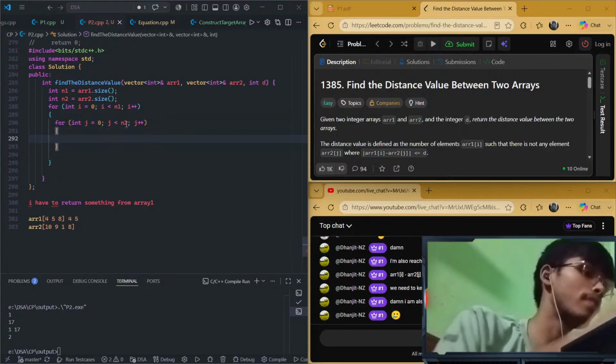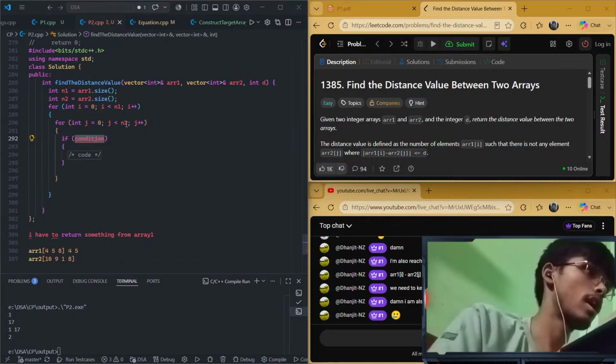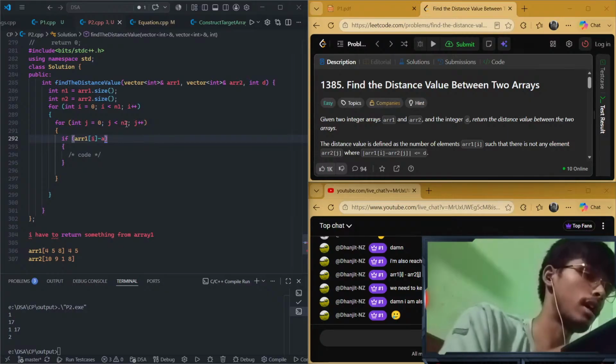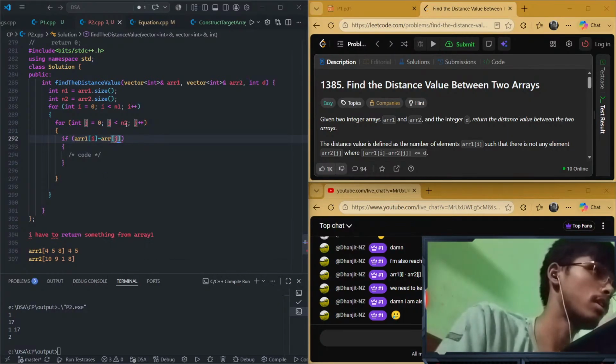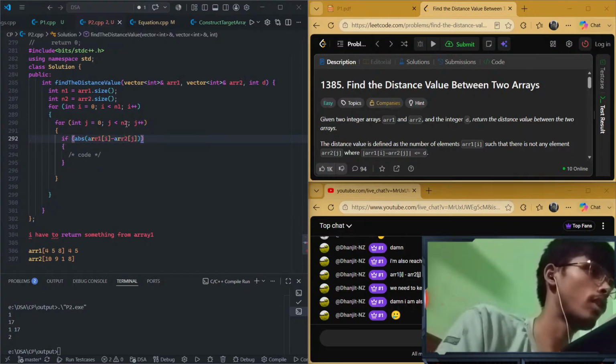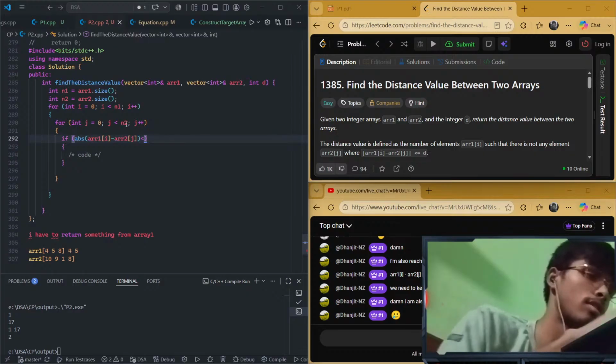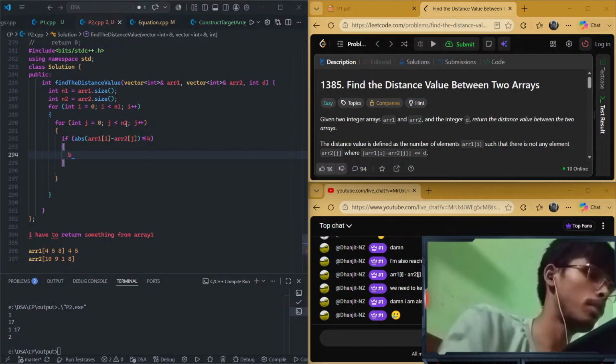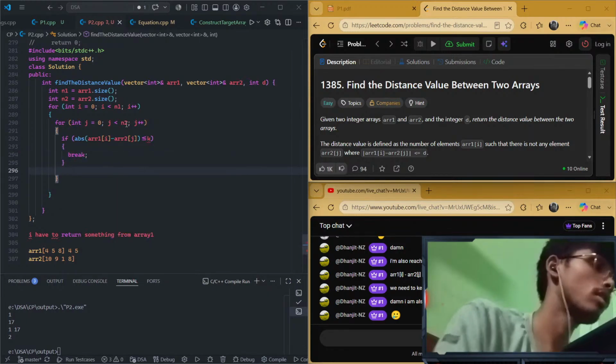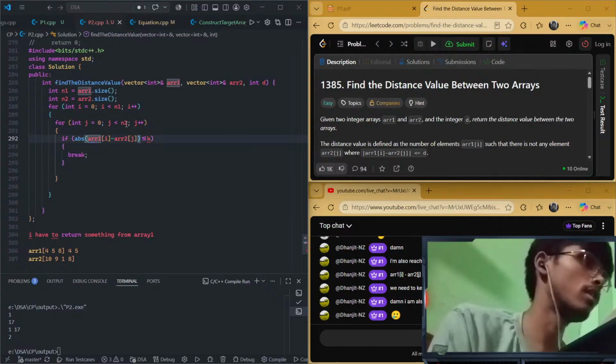So what I was observing is that if I take the array1 i element and the array2 j element, then I will just find the absolute difference, right? So I will put the two here and then take the absolute difference. Now if that absolute difference is less than or equal to d, then it means that I have to break this loop, because there is some element for which I found a difference